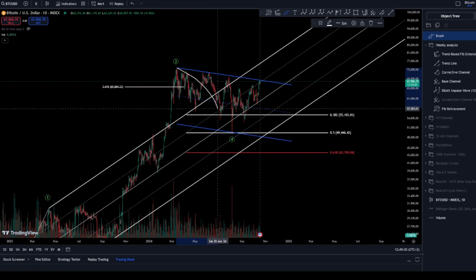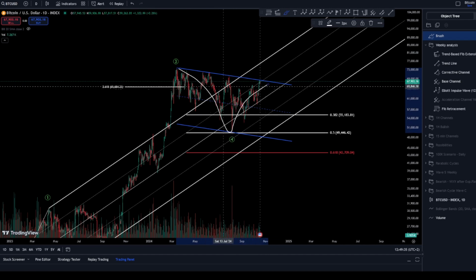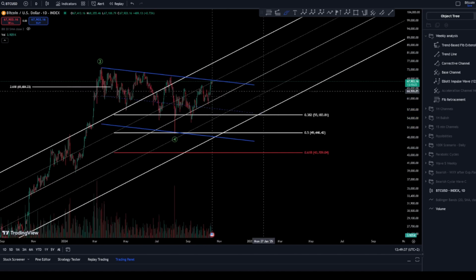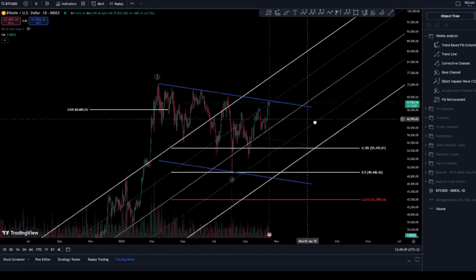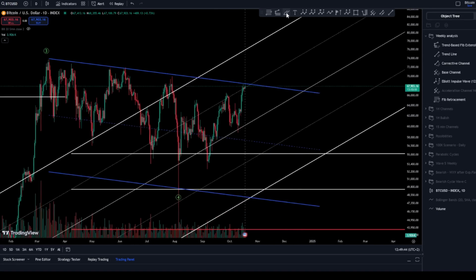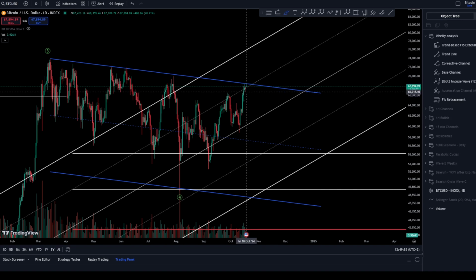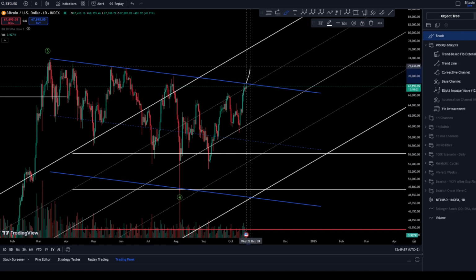where we can see, of course, that the wave 4 is also ranging inside this corrective channel. And if you have realized, we are very close to breaking this corrective channel. And that's why we are struggling in this zone here, because we are in a very critical position where once we break this channel, this is a 100% confirmation of a 100K